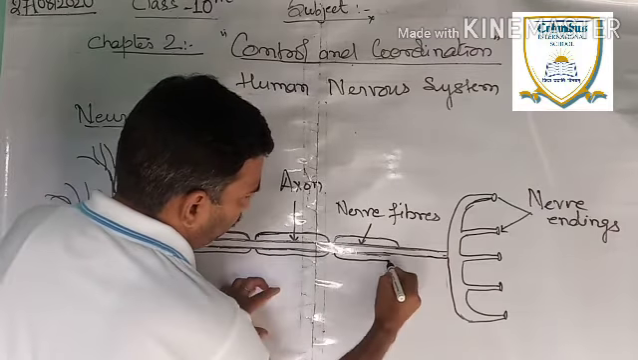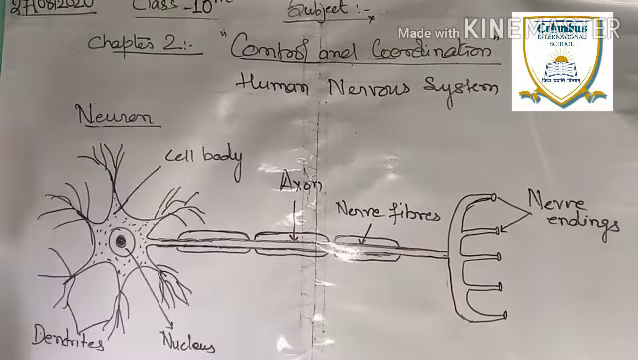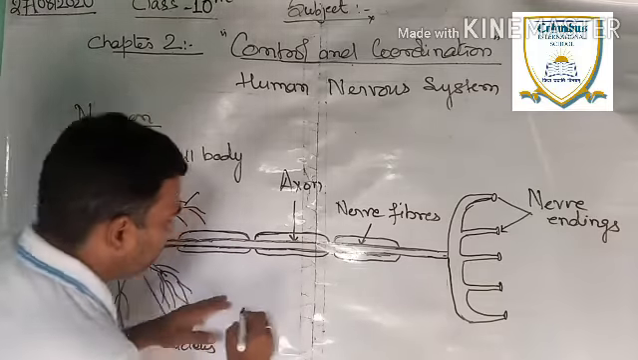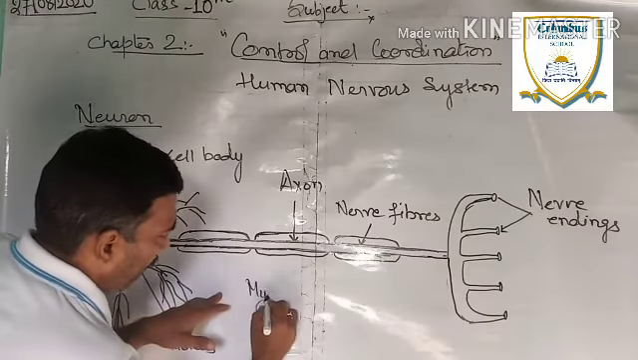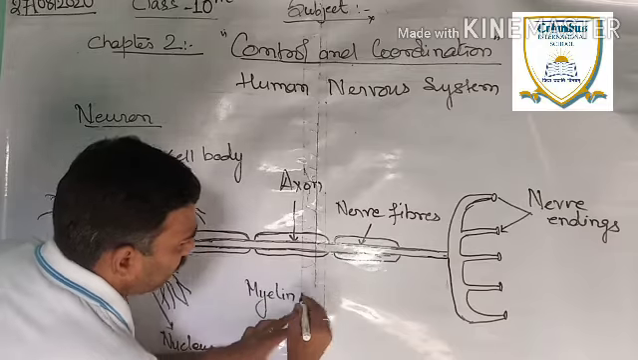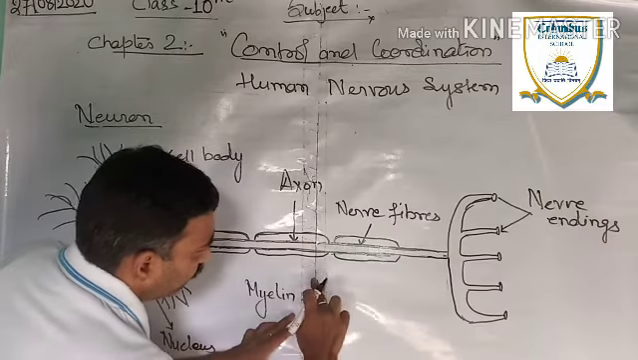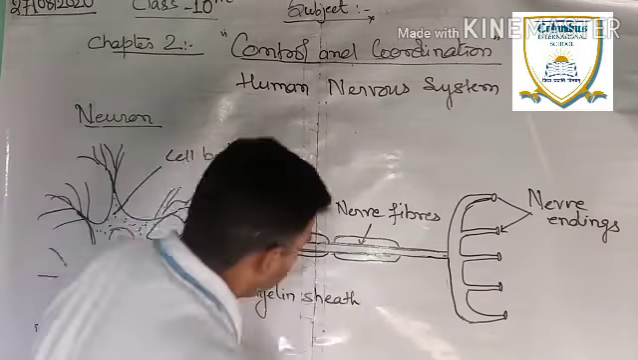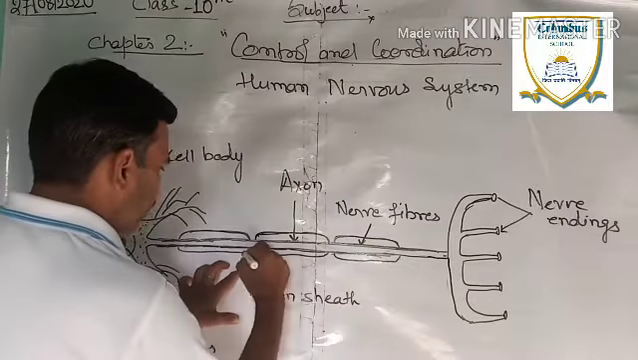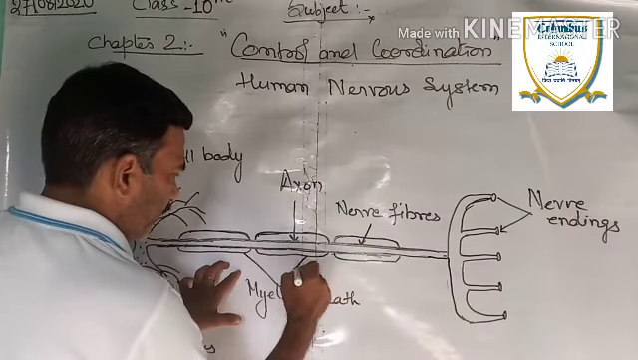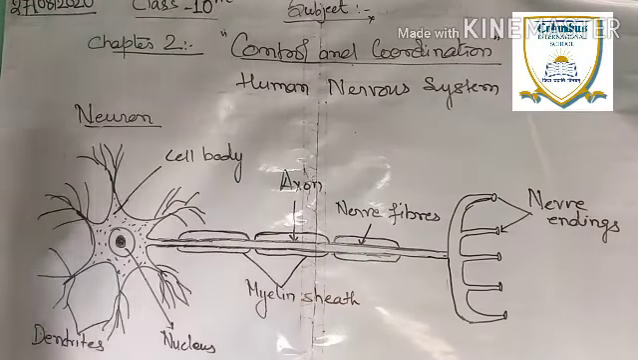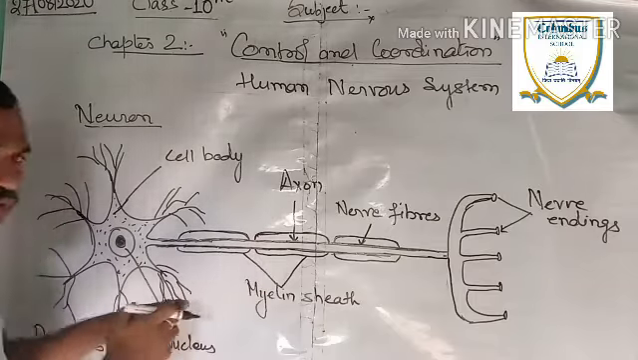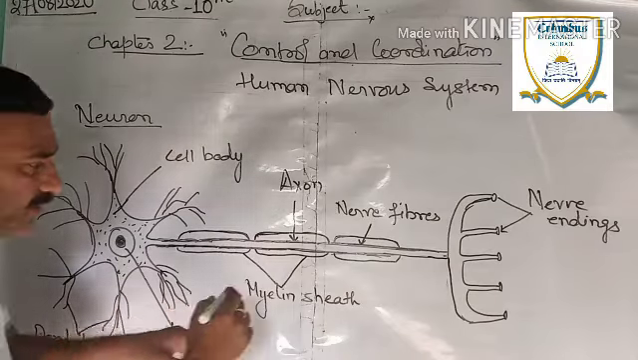Likewise, now you can see, correct? This is the covering. This covering is called myelin sheath. Okay, myelin sheath. This cover is called myelin sheath. Got it? Myelin sheath. And the gap between two myelin sheaths is called